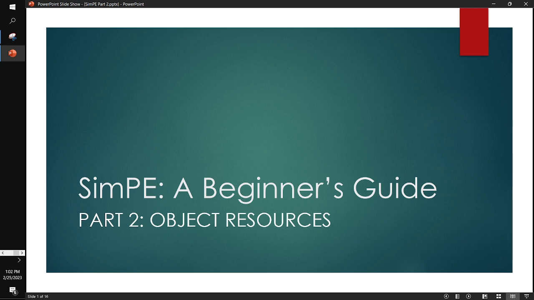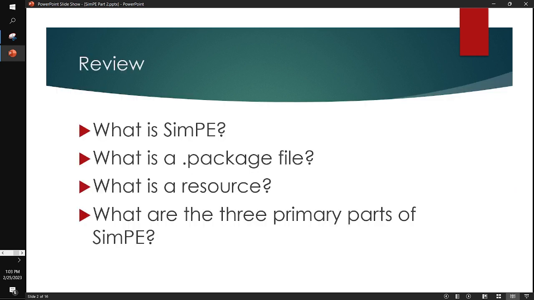It's basically an introduction to SimPE. Last week we covered some of the basic points like how it's put together, what the different parts are, where to get SimPE, and how to set it up. And today we're going to do a little bit of a deep dive into some of the resources. So, for those of you who were here last week,